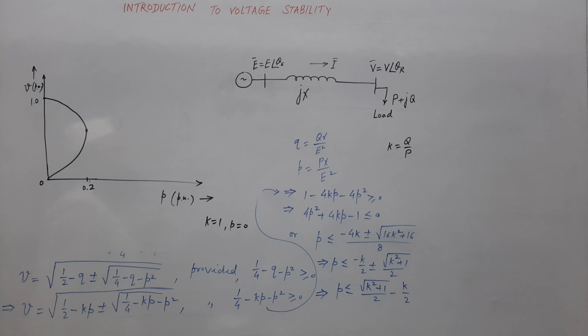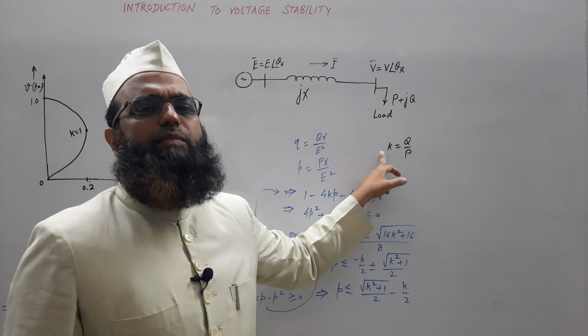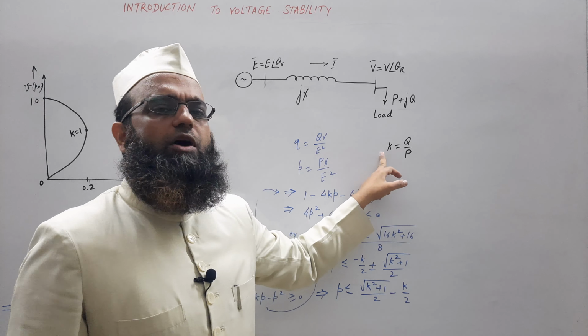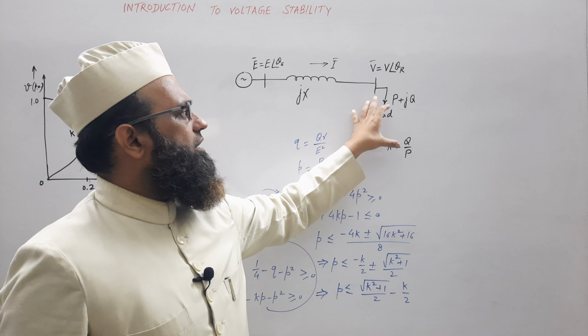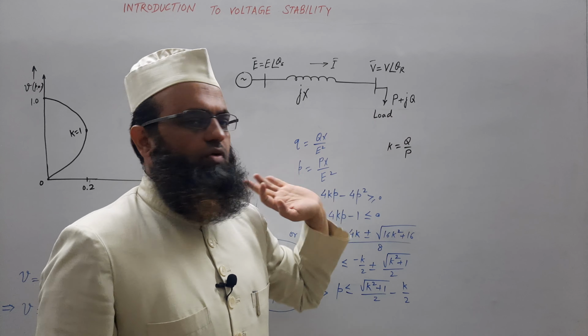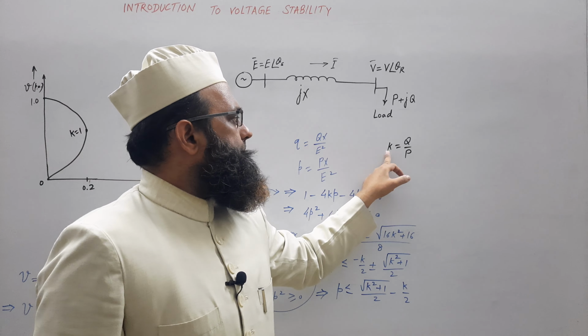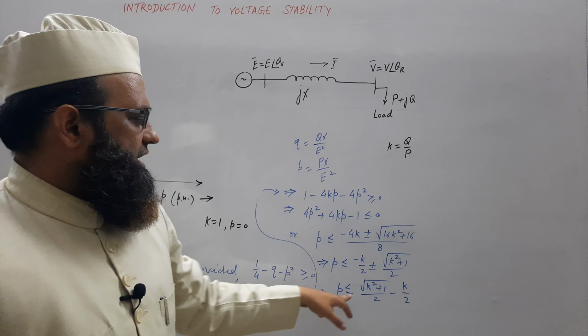Now let us take, what was this? This was k equal to 1. Now let us take one extreme case, k equal to 0. So k 0 means a real power factor load, unity power factor load, purely real power is being consumed, that is k is 0. So once k is 0, this will be under root 1 by 2, that is 1 by 2, that is 0.5. So the maximum limit of this P will be 0.5.